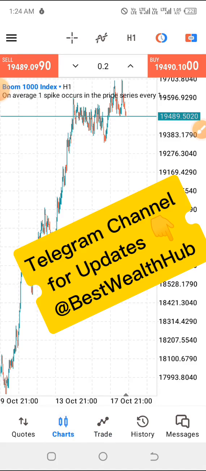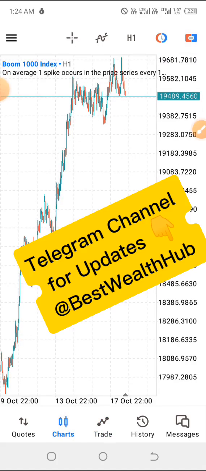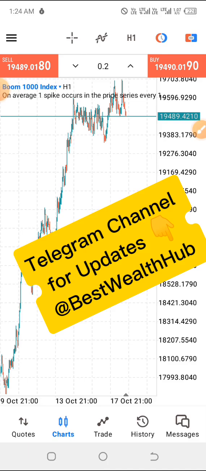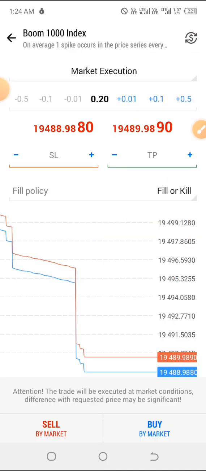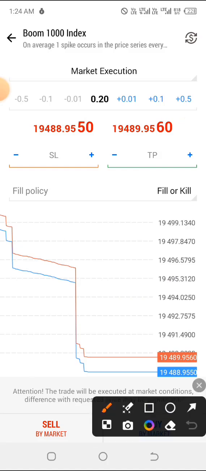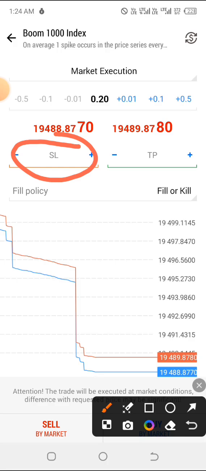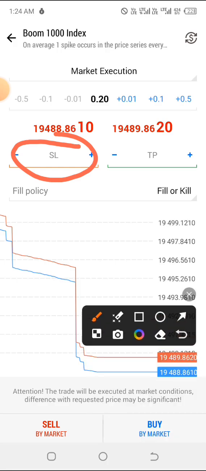First, open a trade by either clicking on buy or sell, any one of them you want to do depending on your trade. Now you can either decide to set stop loss before you actually open the trade, or you set it after you've opened the trade. But for many people, in fact for the majority, they always open trades before setting stop loss